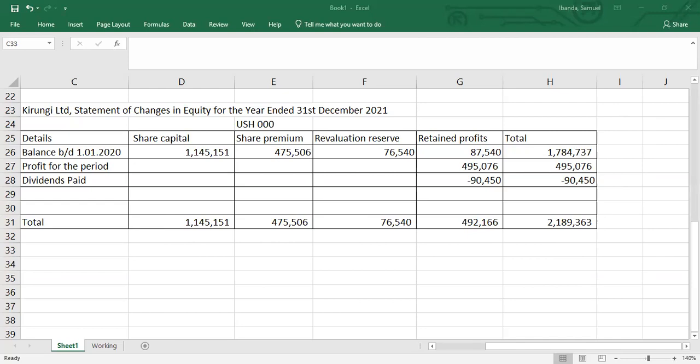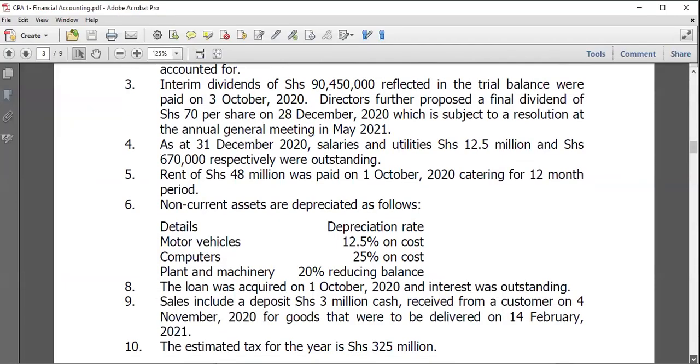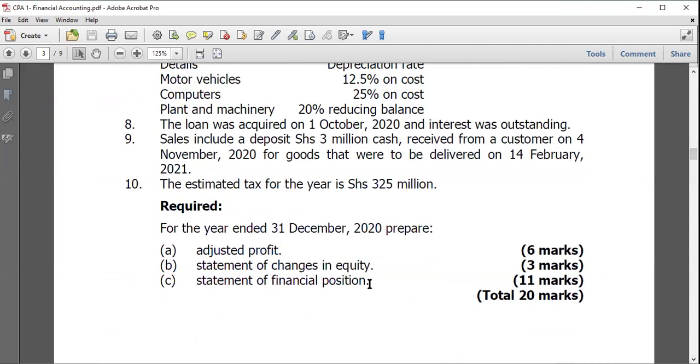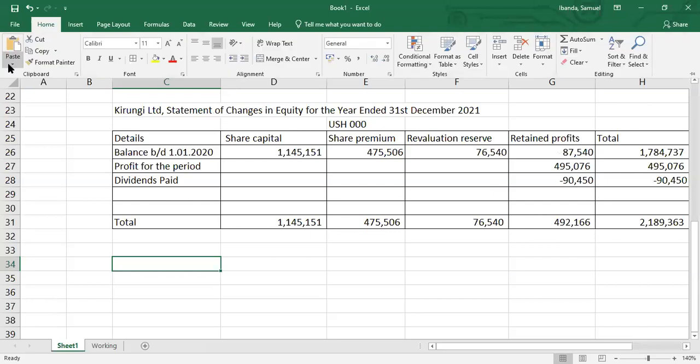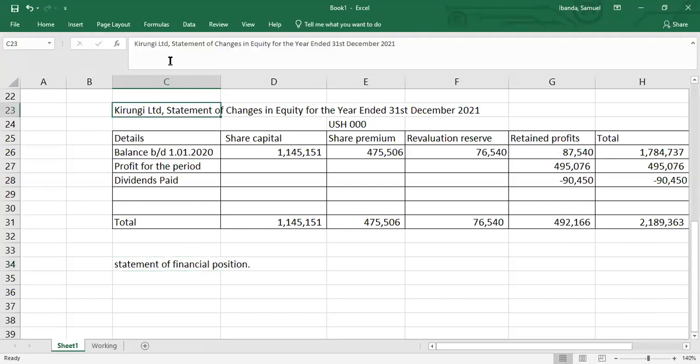I proceed to the last part of the question so that we can close the day. The other one is they're asking you to prepare the statement of financial position for this entity. That is one of the simplest things that you basically do, since you already have most of the information. Now, you know that a statement of changes in equity will always be prepared before the balance sheet or the statement